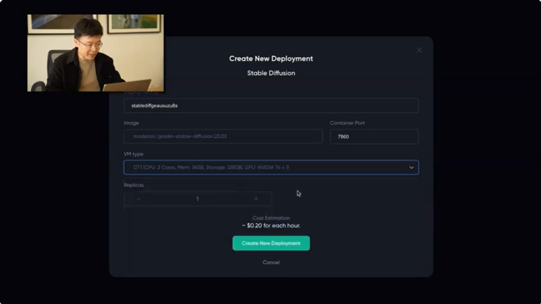So I just need to click on it. And then here shows the replica. This number means how many VMs you can deploy your model to in parallel. By default, the choice is 1, but obviously you can increase that to 2 or 3 or more. So for this demo, I will just start with 1. And you might have noticed here, there's a cost estimation for you. It shows how much you have to pay for each hour. And if you increase this replica from 1 to 2, you can see that this number just doubles. Okay. So after you choose the VM type you want to launch with, then you can just simply click on